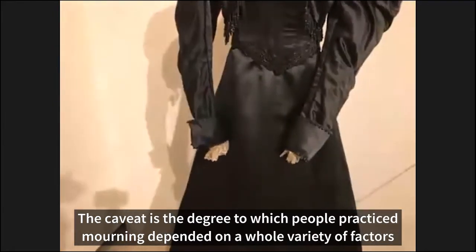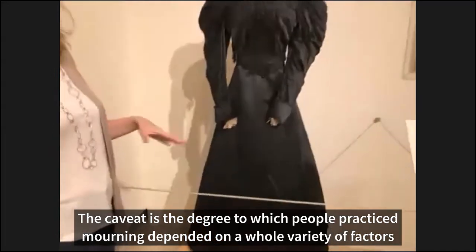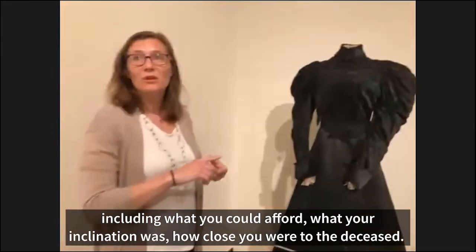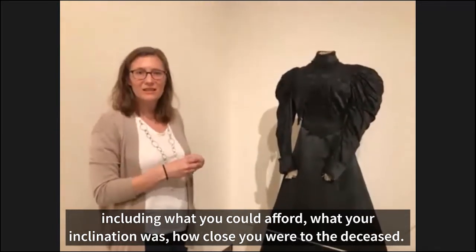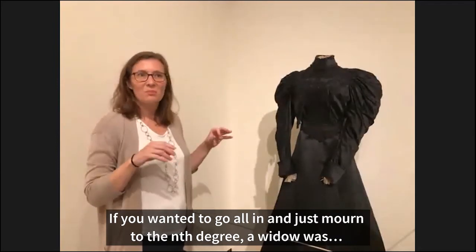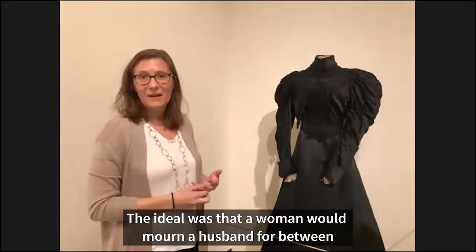The caveat is the degree to which people practice mourning depended on a whole variety of factors, including what you could afford, what your inclination was, how close you were to the deceased. If you wanted to go all in and just mourn to the nth degree, the ideal was